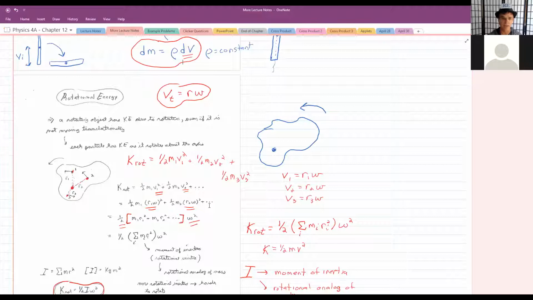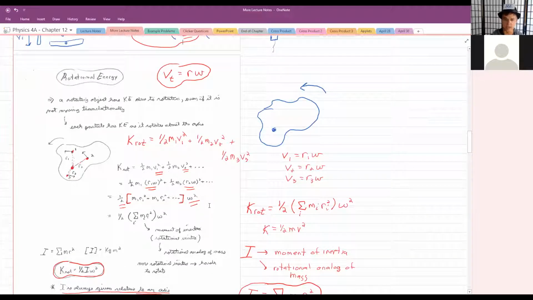The way we would calculate it is, I would take an extended object like this, and I would just break it up into billions and billions and millions of little points. Each one of these is moving, and they all have kinetic energy 1/2 mv squared. If I were to add up the kinetic energy of all these little pieces, that would give me the rotational kinetic energy. Well, they all have different linear speeds, but the omega, the angular speed, for all of them